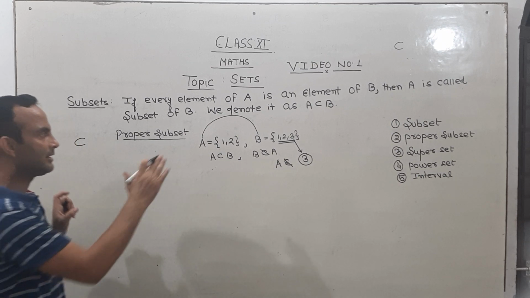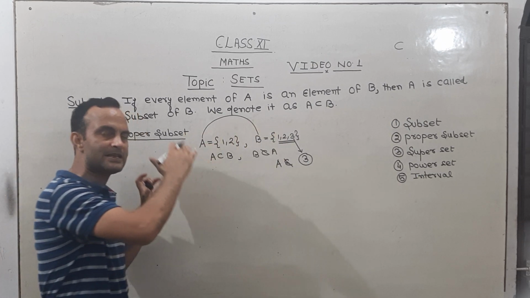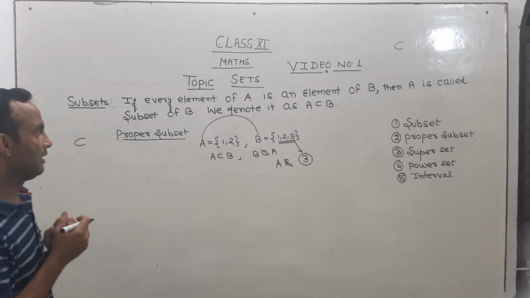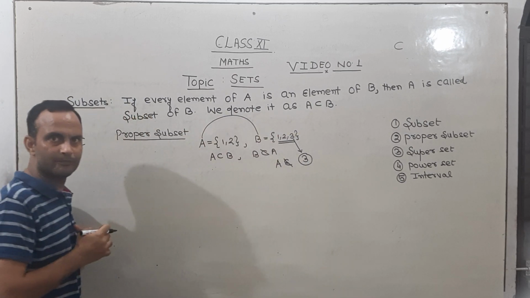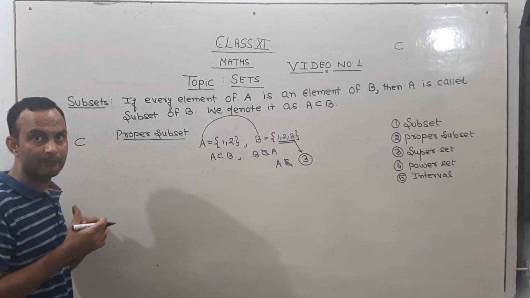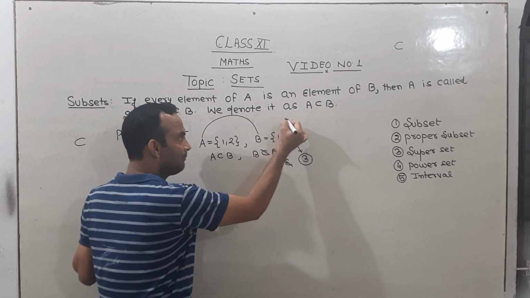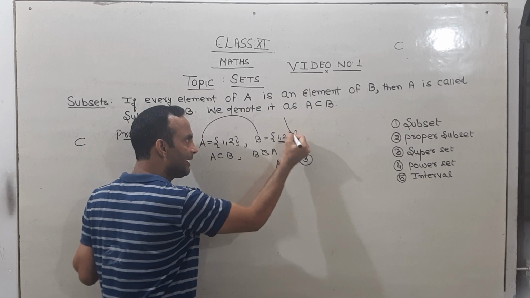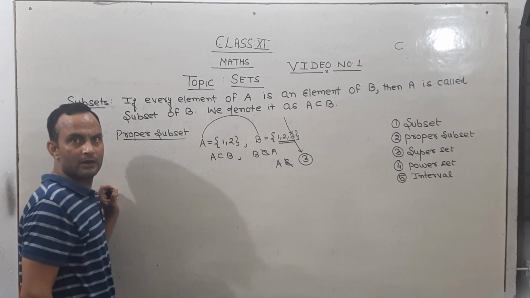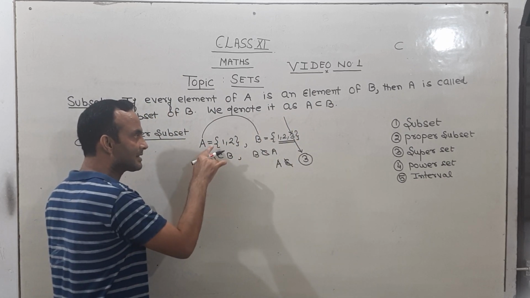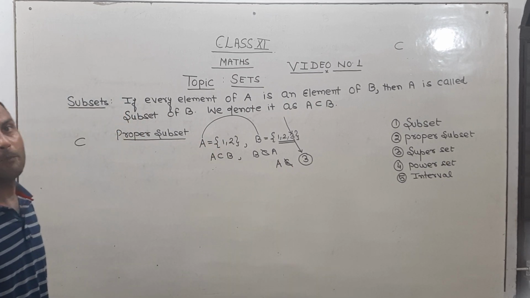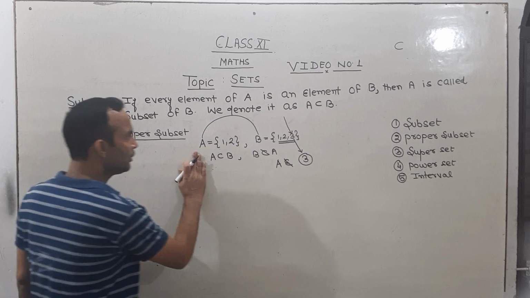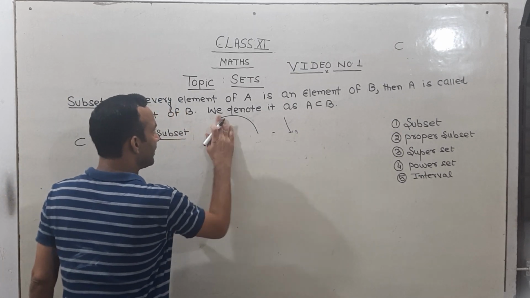Means, however, this is a subset, but its special name is what? Proper subset. All the elements of set A are present in set B. That's why it is a subset. But आप देख सकते हैं B में एक ऐसा एलिमेंट है जो A में नहीं है. That's why this is proper subset. This is said to be what? Proper subset. So my dear students, now